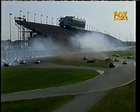Welcome back to Daytona. It's the big one, gang. It's the big one. It's what we've all been fearing. This kind of racing is going to happen. A horrible crash on the back straightaway that began when Tony Stewart got turned sideways against the backstretch wall, number